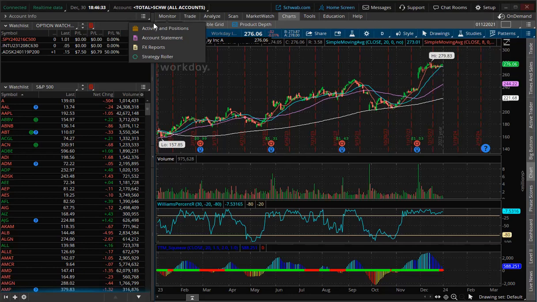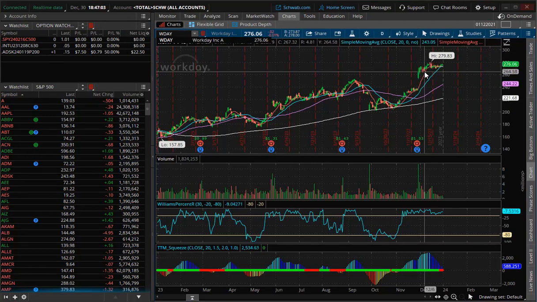The Workday chart should be showing on your computer right now because that's the stock I was viewing when I saved this particular setup. Now I'm going to talk about the chart itself and the indicators that have been selected. In the chart itself, there are colored lines